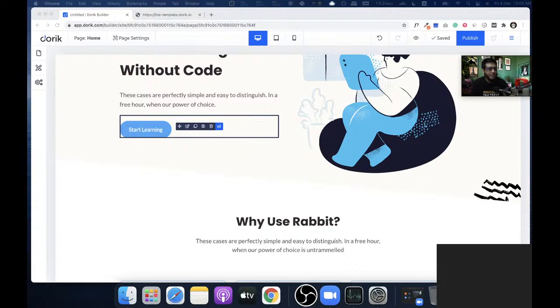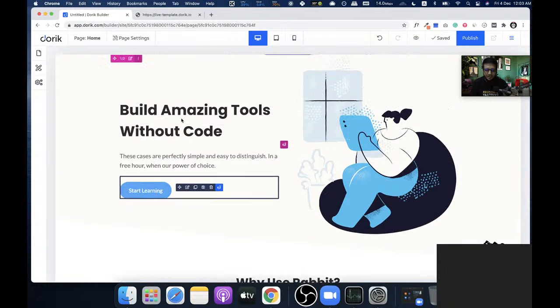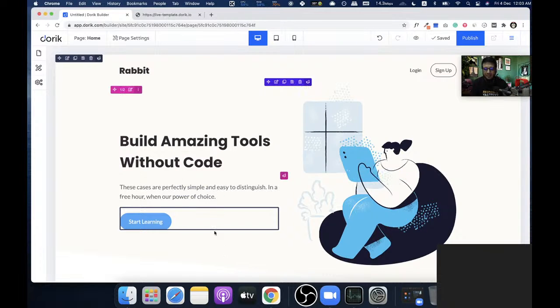Actually, we don't have any built-in e-commerce integration yet. So if we are gonna design any e-commerce template, I'm not sure which platform we can integrate with.